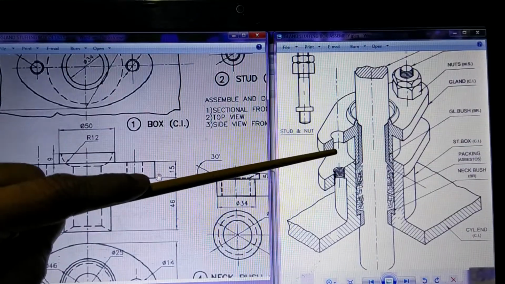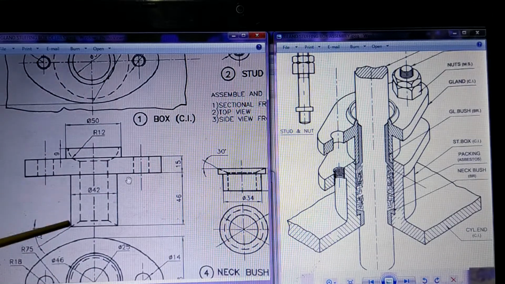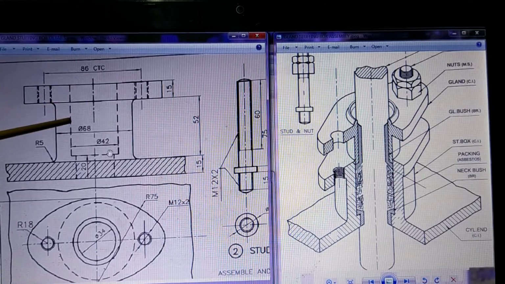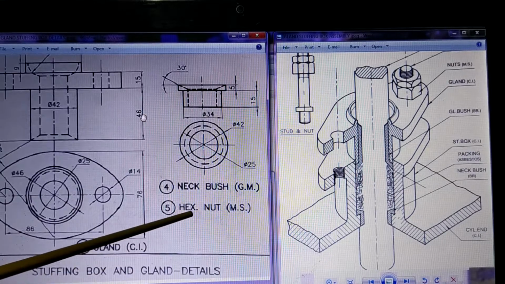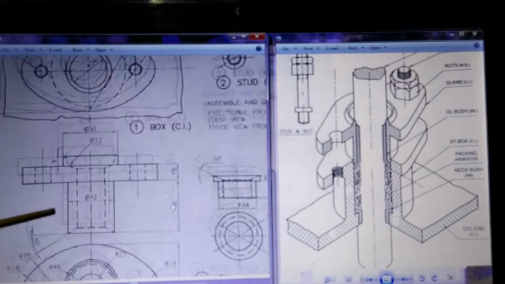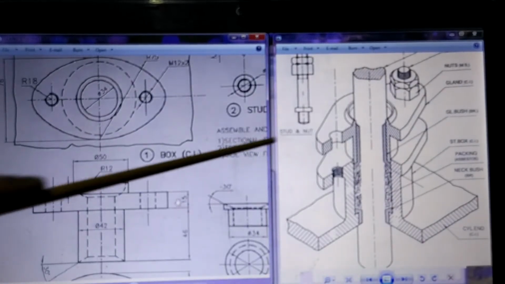It will freely move up and down, and it's going to move because of its 42 diameter. This 42 diameter has gone inside this. And when you tighten these nuts, you can see here there is a nut written, hexagonal nuts. When you press these nuts, this gland will be pushed down.